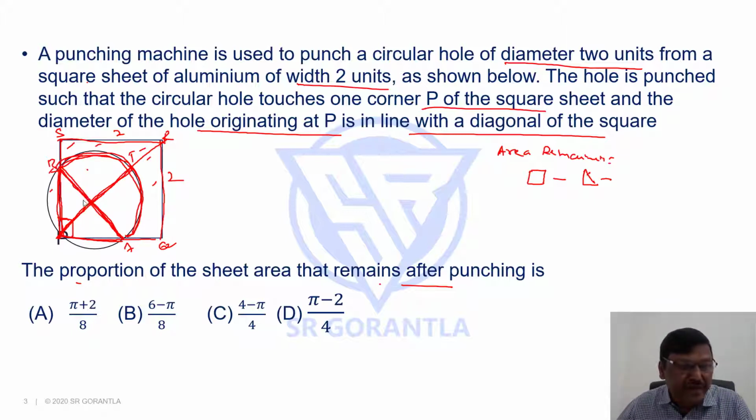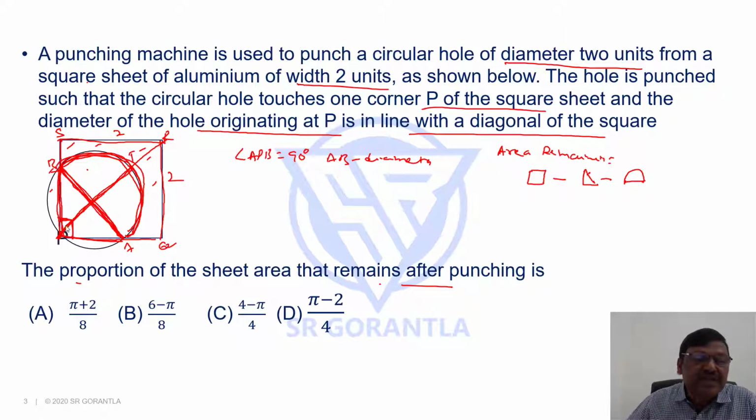How can we decide? We can decide because you see this angle P is 90 degrees. In a semicircle, the angle is 90 degrees. Or the angle subtended by the diameter is going to be 90 degrees. This is the theorem we have in circle. So, since angle APB is 90 degrees, it can happen only when AB is the diameter of the circle. We can say that AB is the diameter. If AB is the diameter, then this BTA is going to be a semicircle. So, minus the semicircle area we want.